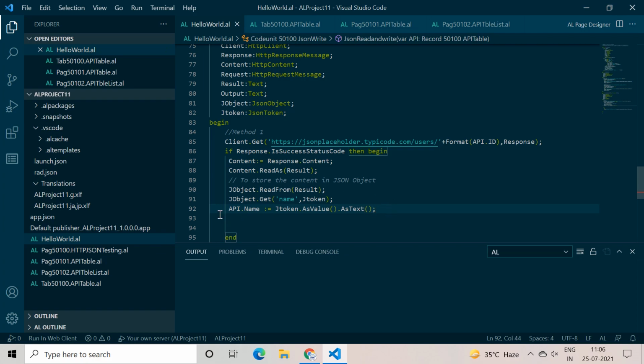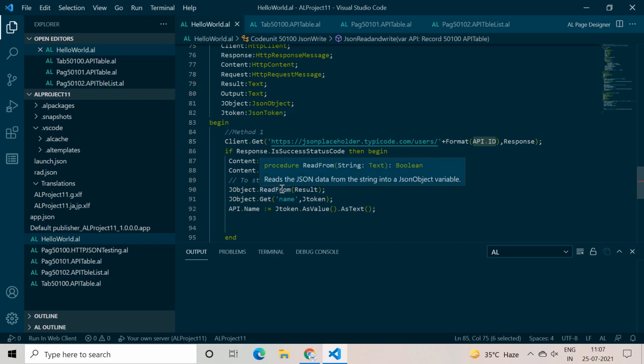So with this code, what we are doing is that first we are making a connection with this website along with this id value, and once the content is available, we are reading the content into the result text, and then from the result text we are passing that complete JSON result into the JSON object.